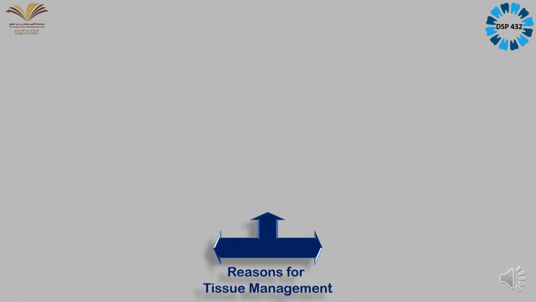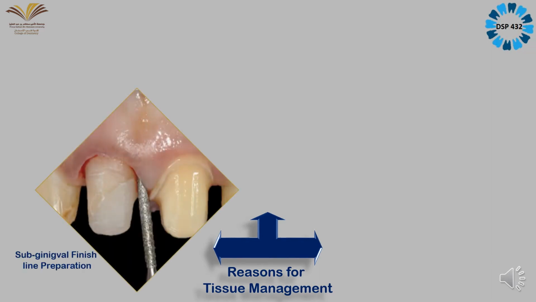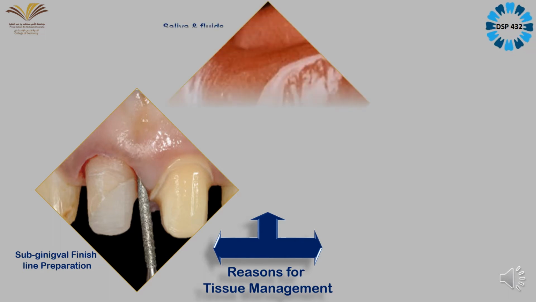So the reason why we do gingival tissue retraction. Retraction, everybody knows; we have already seen it before. It is a retraction of the gingiva. Why do we do it? First of all, when you prepare your finish line, which is equigingival or subgingival, you need to take care of your periodontium. If you are going for a subgingival finish line, you are supposed to retract the gingiva so that your visibility will increase and it will be easier for the operator to prepare that finish line. This is the first reason we do gingival tissue retraction.